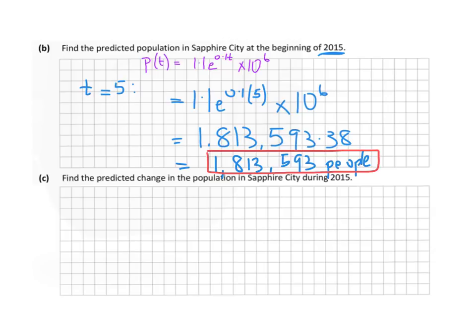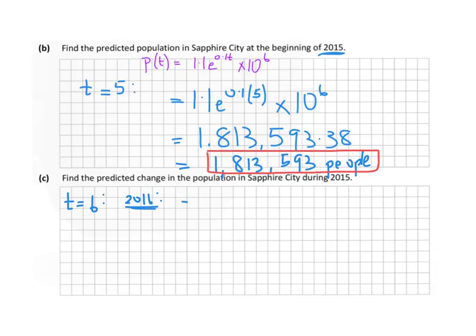So this time I'm going to use t equal to 6. And if I know the population at the beginning of 2016, then I can subtract them and the difference gives me the change. So substituting that into my formula, I have for 2016,